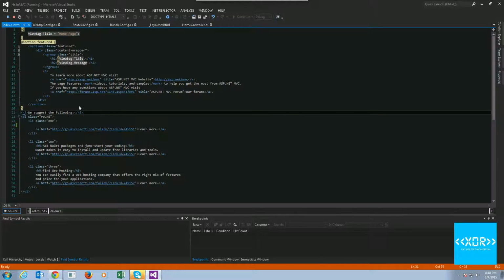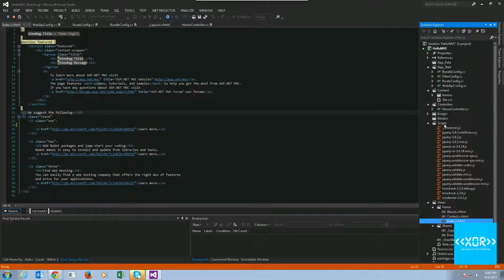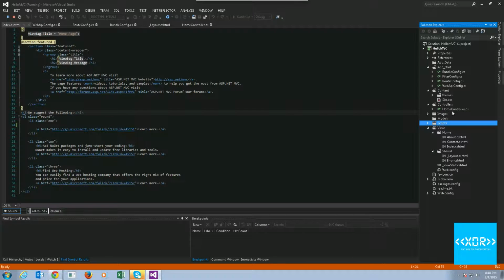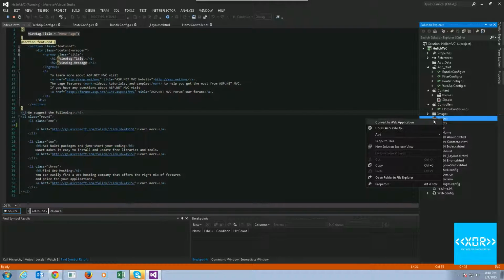Okay, so now let's say, for example, that we wanted to do some more advanced things. We don't just want a static HTML website. So what would we do? Well, in the Model View Controller framework, we would create a model. Let's say we want to display a product, because I like the product example. So we're going to create a new model. We'll go to Add, and we'll go to